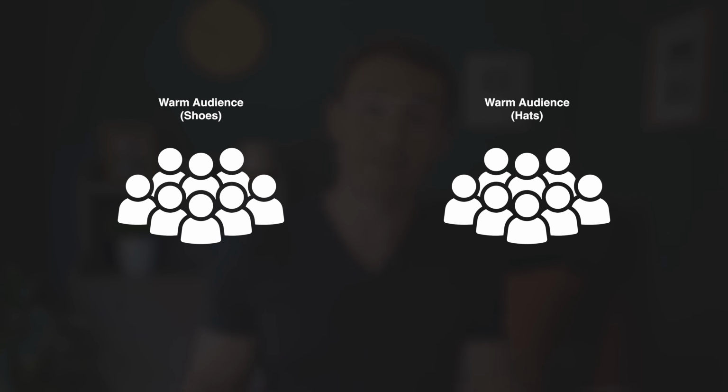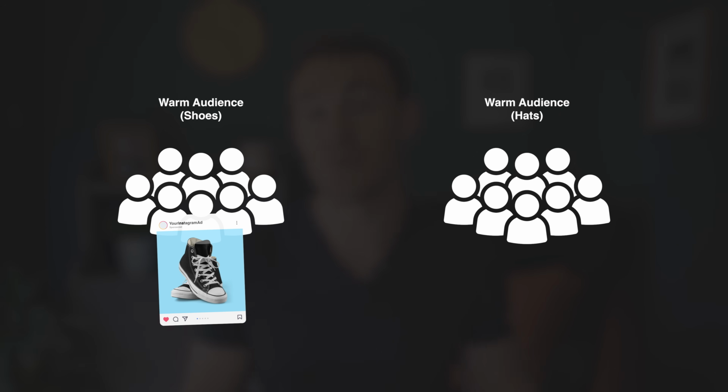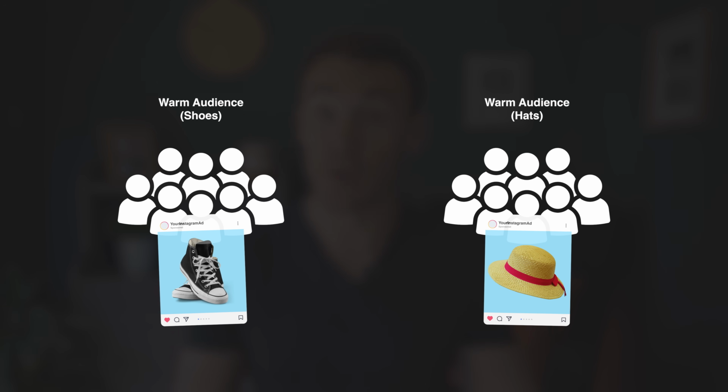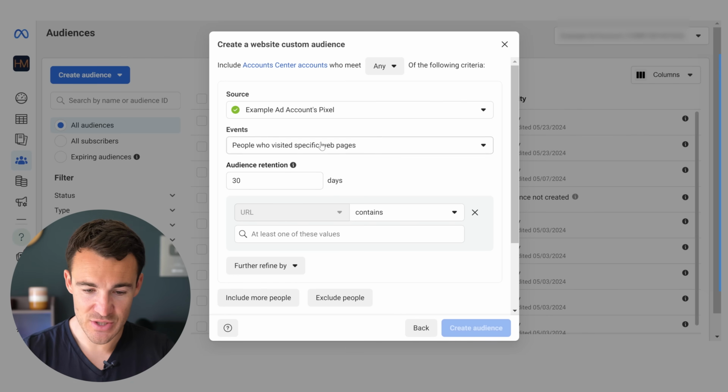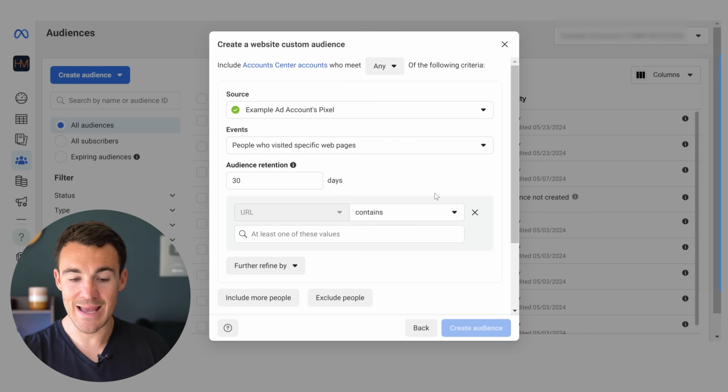And that will allow you to create different retargeting campaigns and different retargeting ads. So you can put shoe offers in front of shoe people and hat offers in front of hat people, and you'll probably get better results. So that is something that you can do. I'm going to talk about audience retention in a second, but once you've selected this here in events, you want